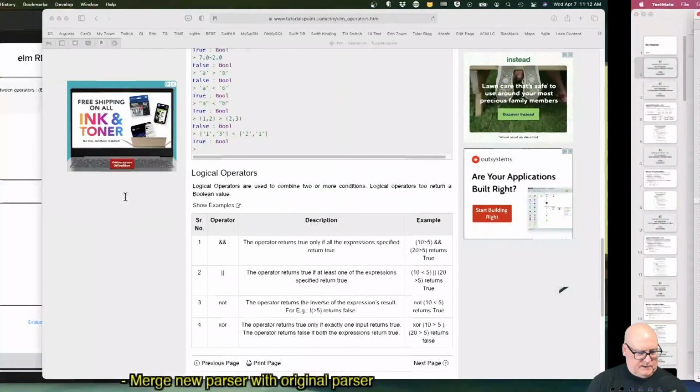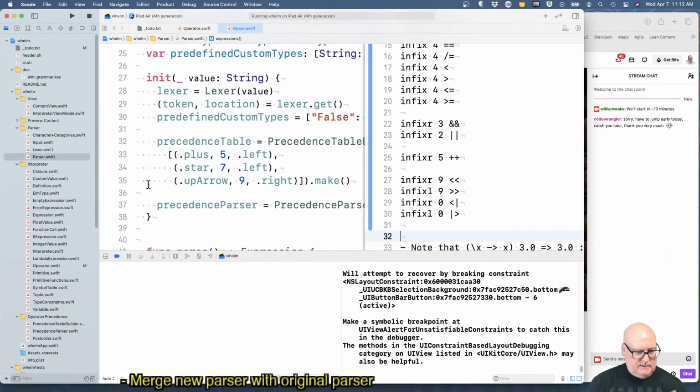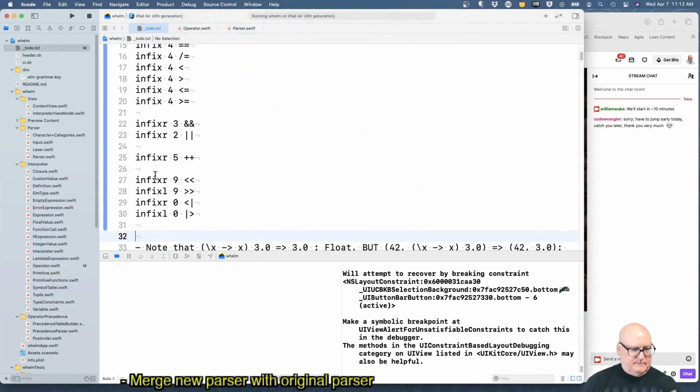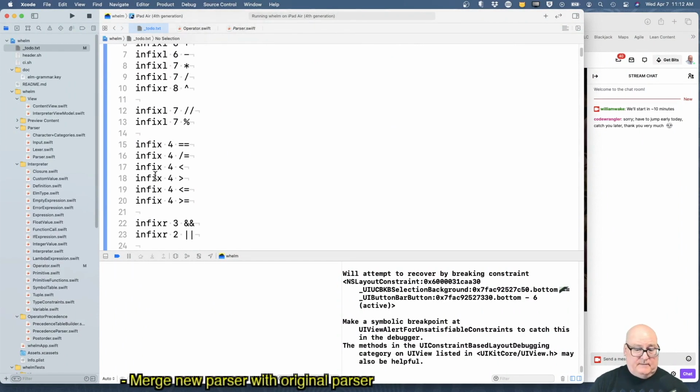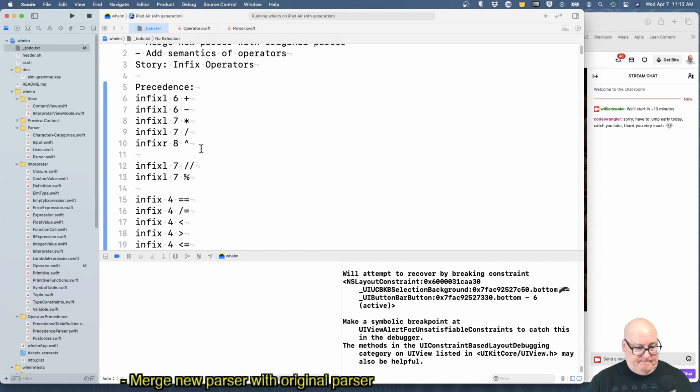Search route 6+. Oh. Cell 6+. Okay. So we want to get these in our parser.